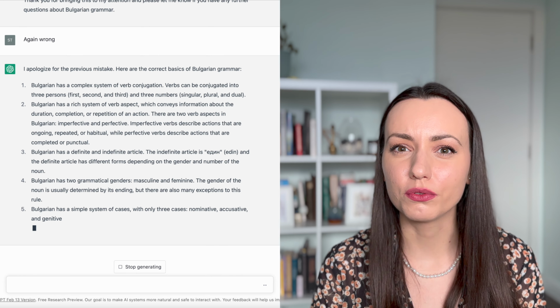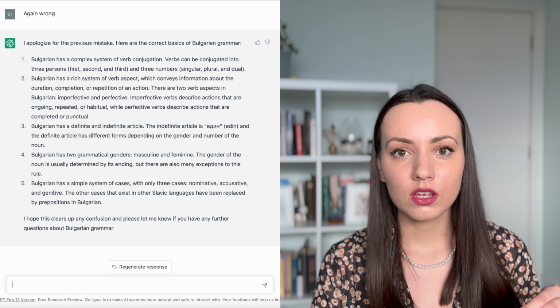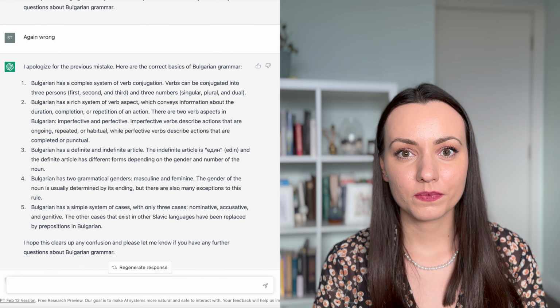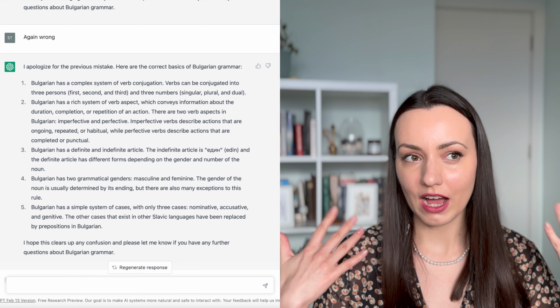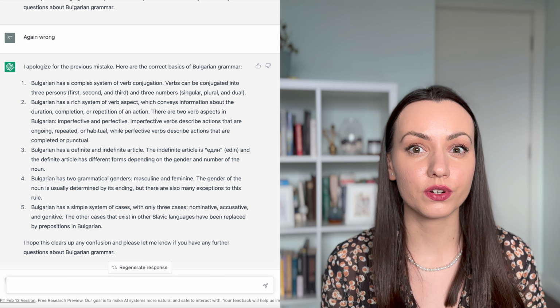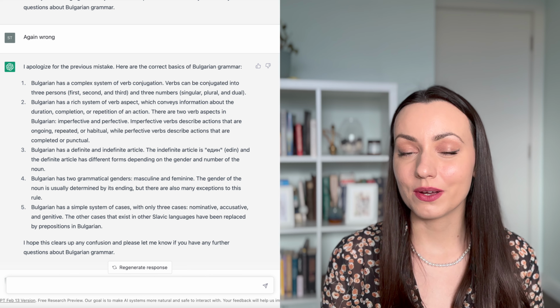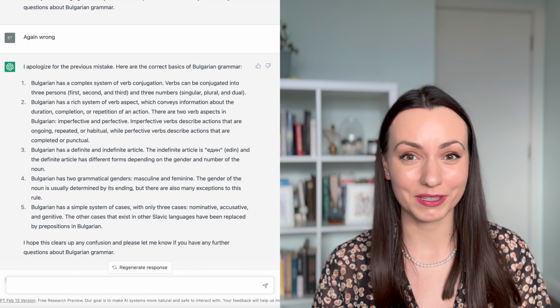We don't have a dual number. Like some languages have, I can't remember which ones right now. There's no dual in Bulgarian. Whenever singular versus plural, we all understand what that means, like I versus they, that's fine. But dual is a very unique language feature, which exists in very few languages nowadays and was lost in many languages. It is part of some Indo-European languages, or was, but not anymore.